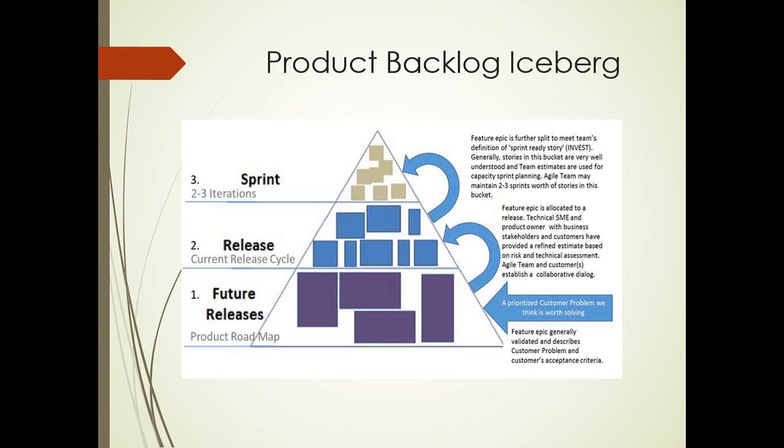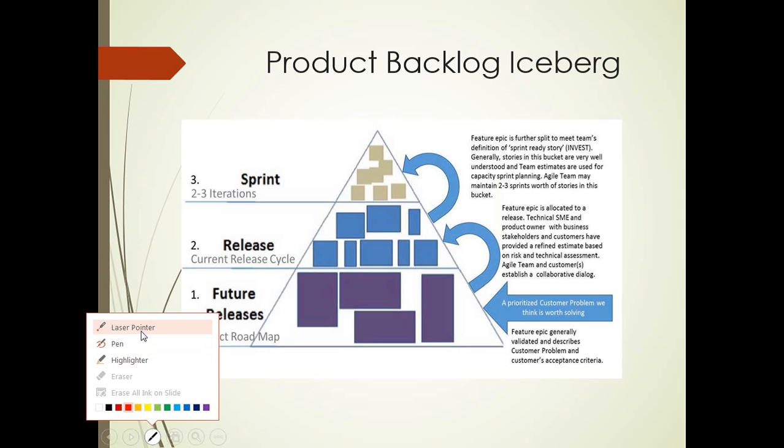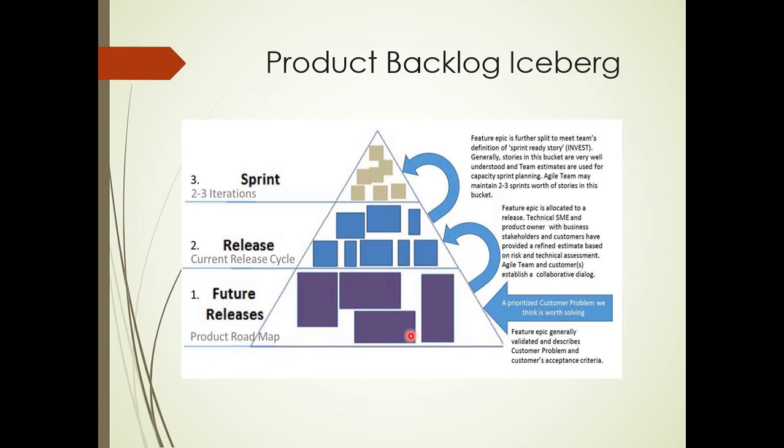Here we can see a huge iceberg of the product backlog, and that is spread across multiple releases or the product roadmap. These product items are really big chunks because they are estimated at a very high level and are just provided with ballpark estimates. And in Agile, we follow progressive elaboration. So once we move through the releases,